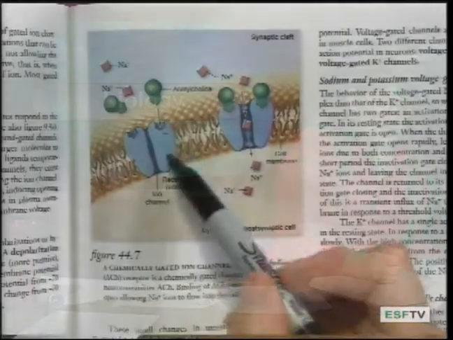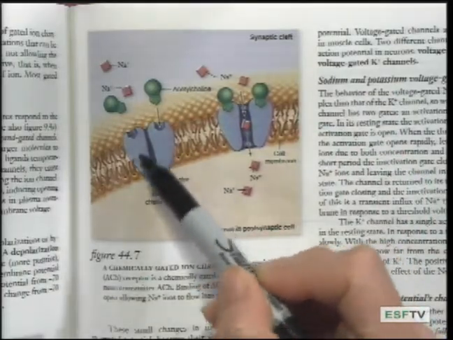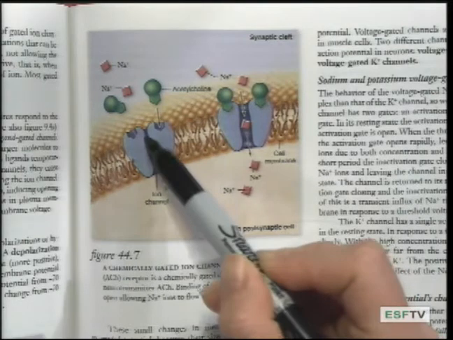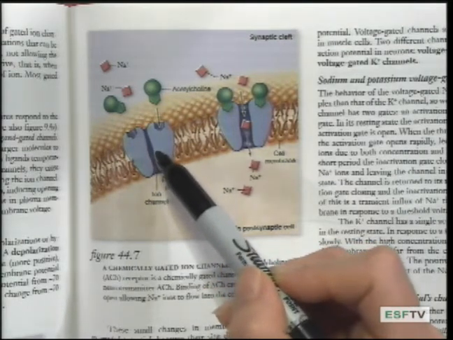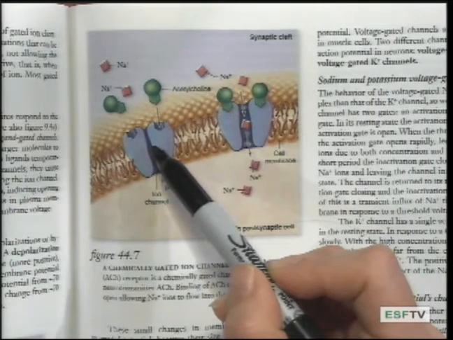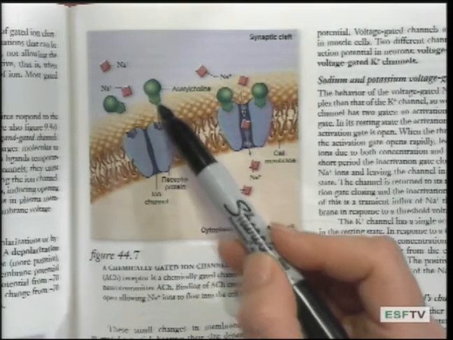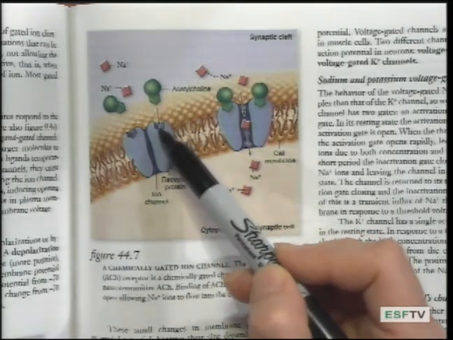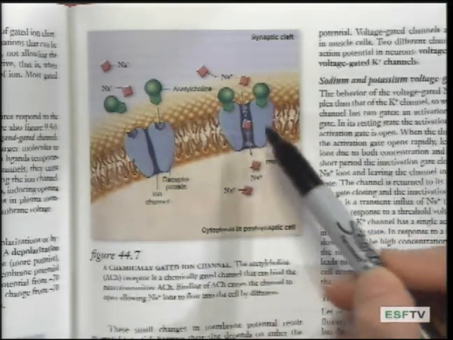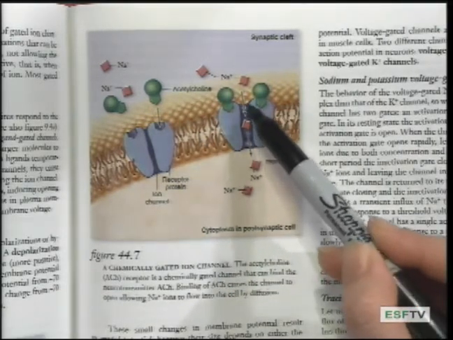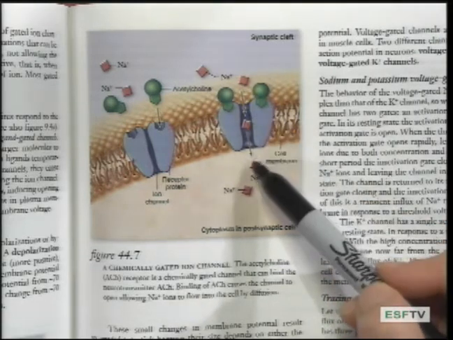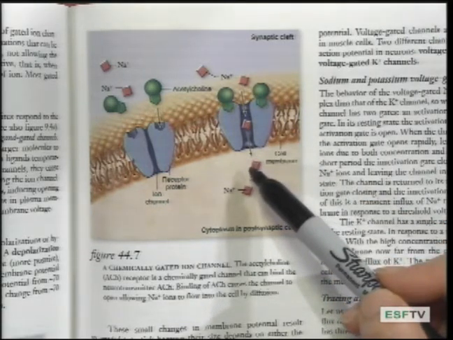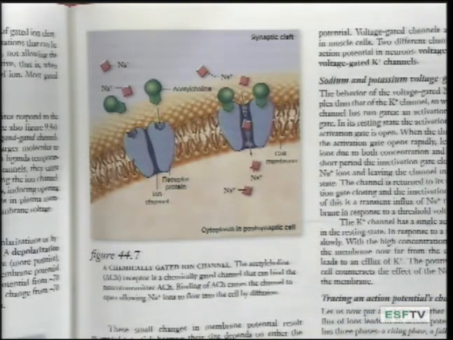So here's a receptor protein within the membrane, and this is an ion channel that is closed until a neurotransmitter, a chemical within the extracellular fluid, comes in, binds to this receptor protein, which leads to the ion channel opening, and at that point you get an influx of ions, which is going to change the membrane potential,